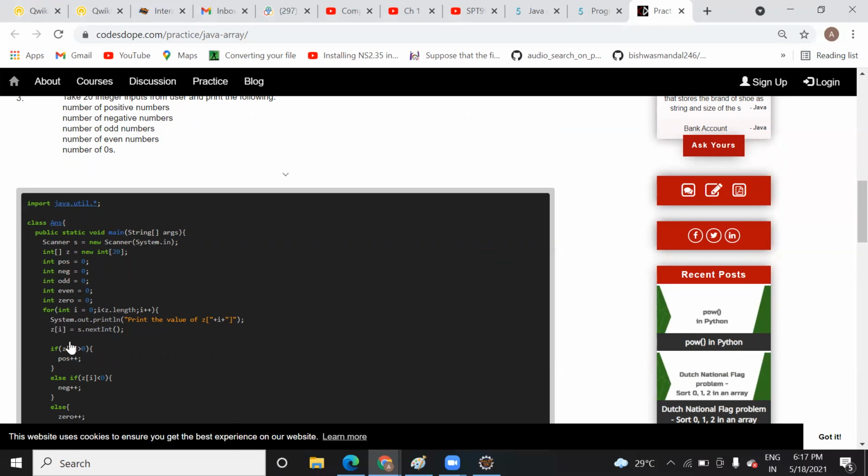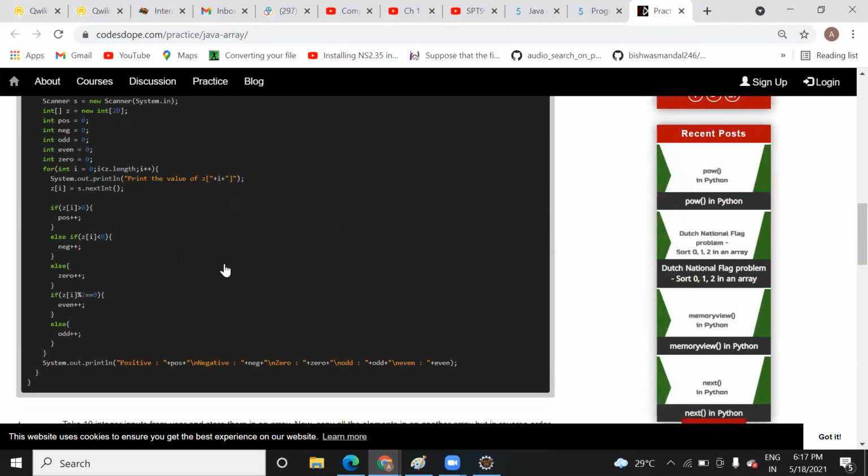Now the important part comes here. Now you are going to check whether the value that you are reading is greater than 0. If it is greater than 0, then you will increment positive. If it is less than 0, you can increment the negative value. So right now, the current value of positive is 0, right? Now you are checking the condition here. Is the value present in the current index z[i]... Suppose now z[0] is initialized with 1. Is 1 greater than 0? Condition true, it means that it is positive.